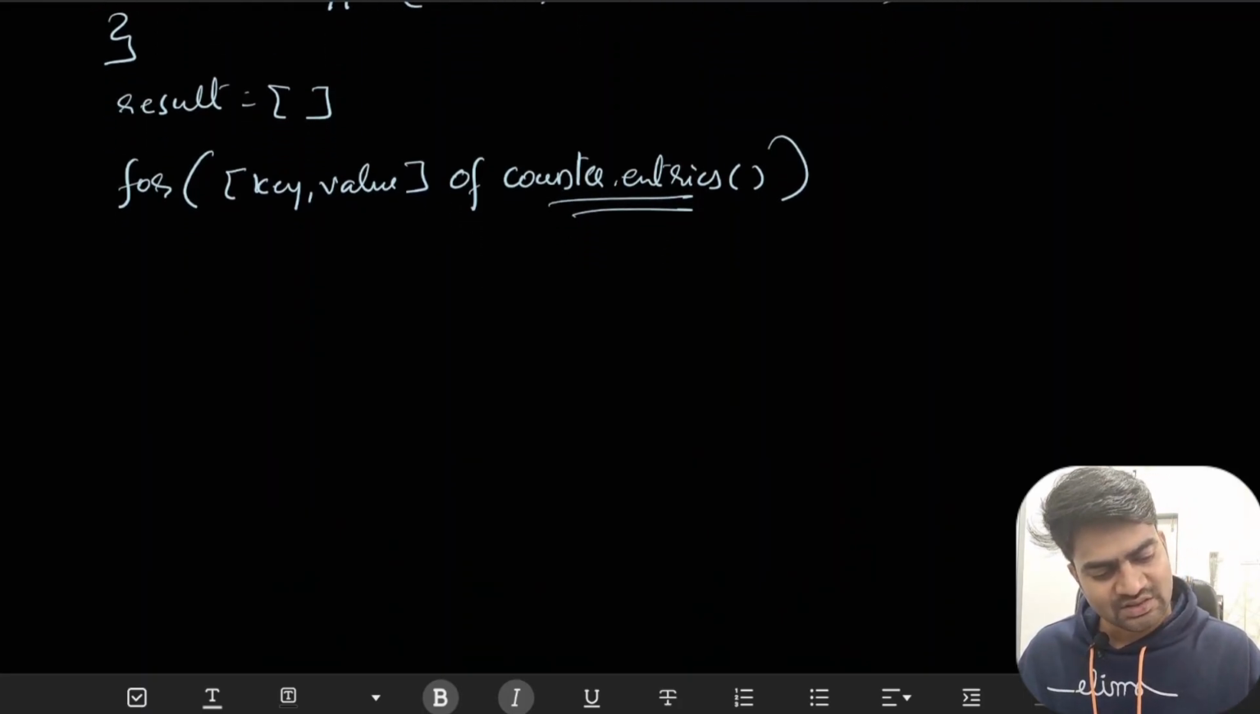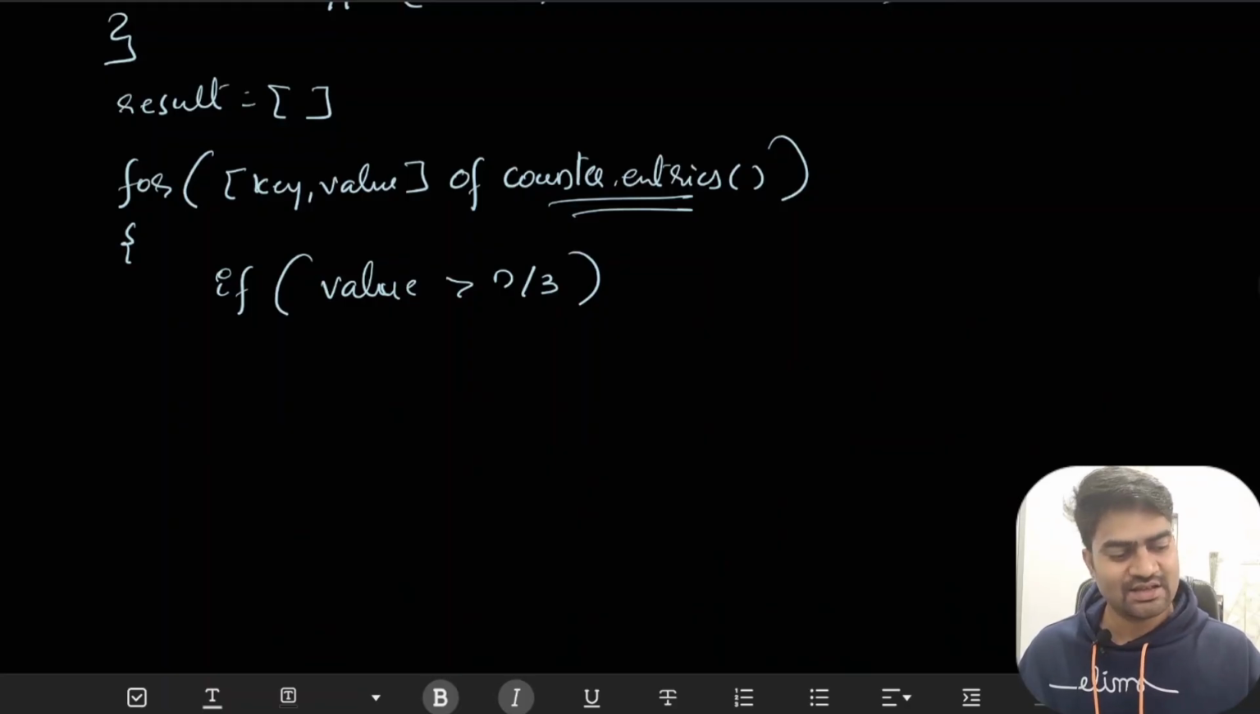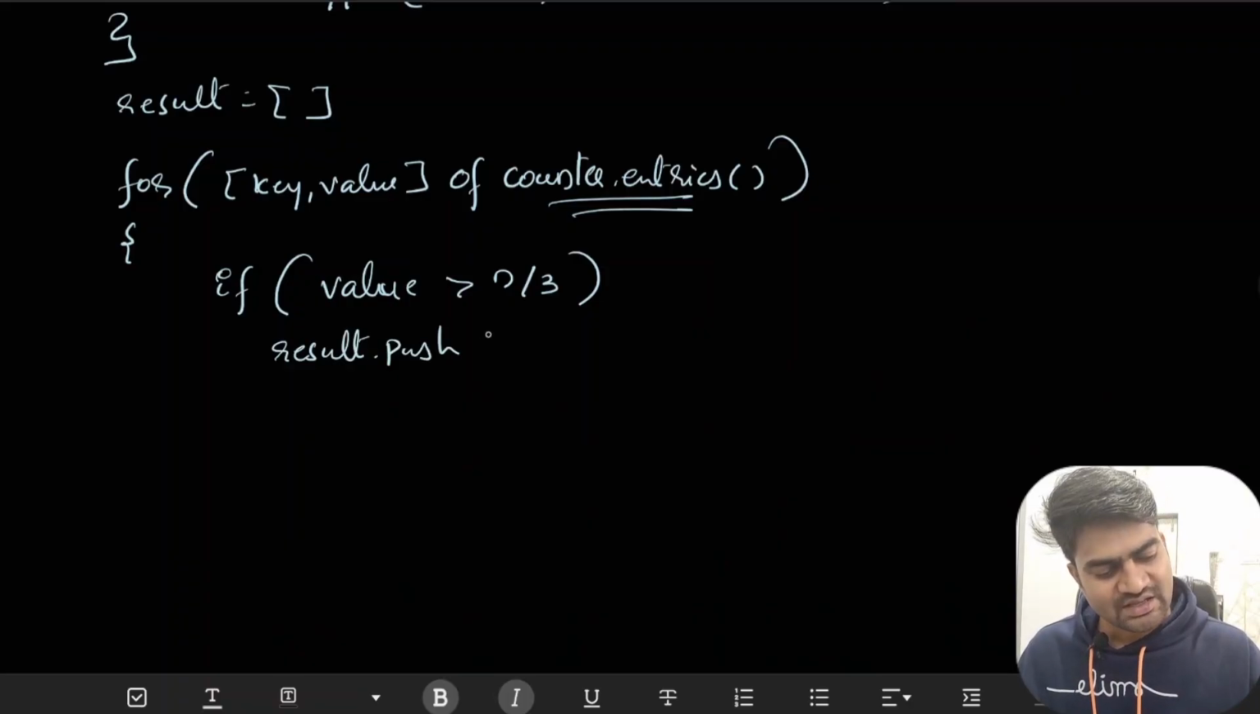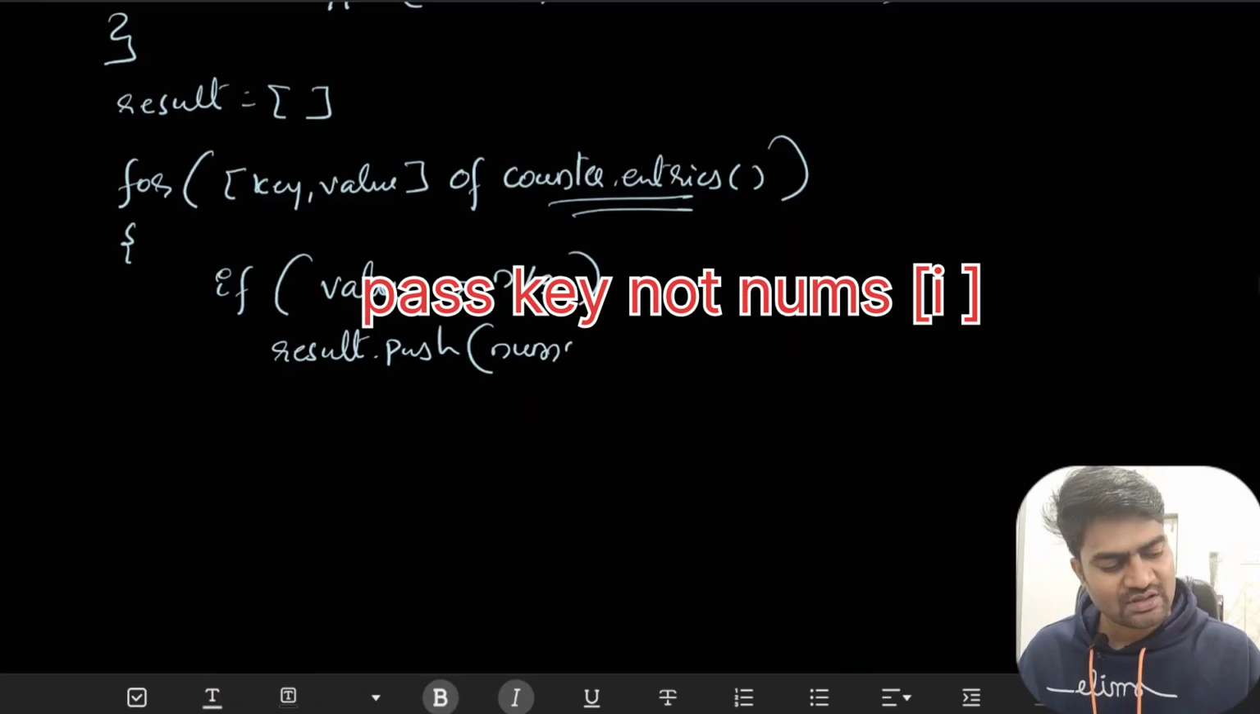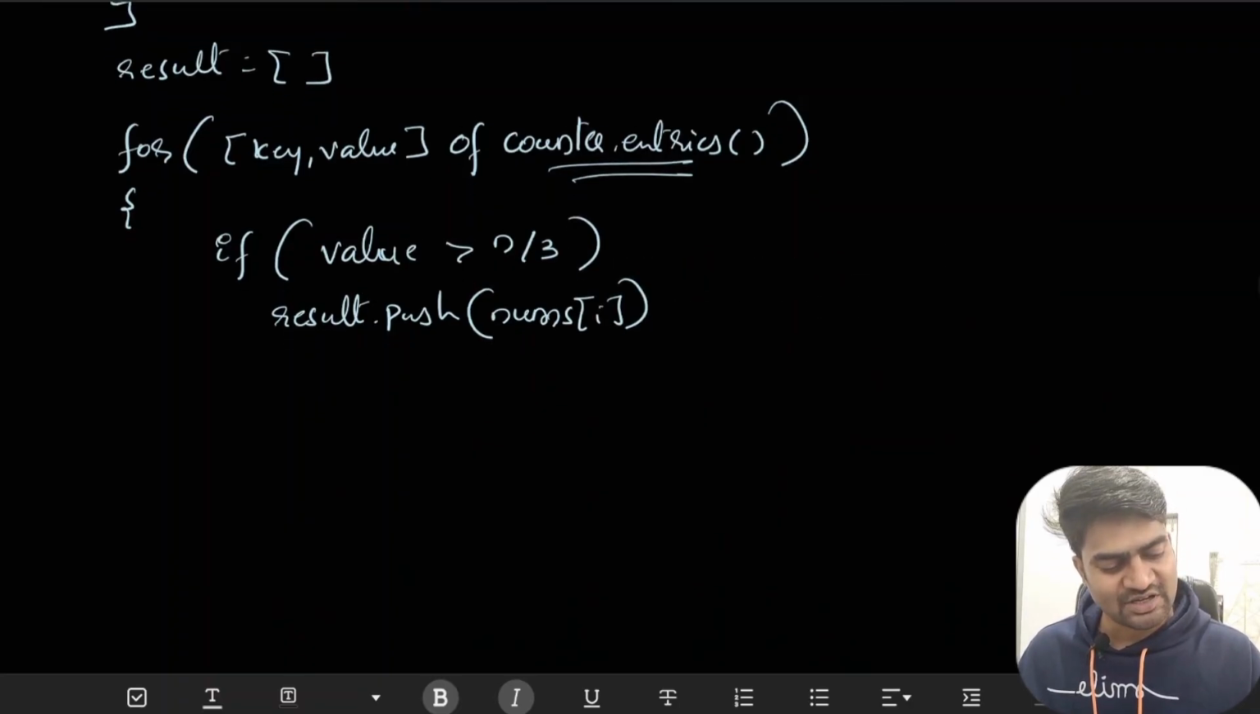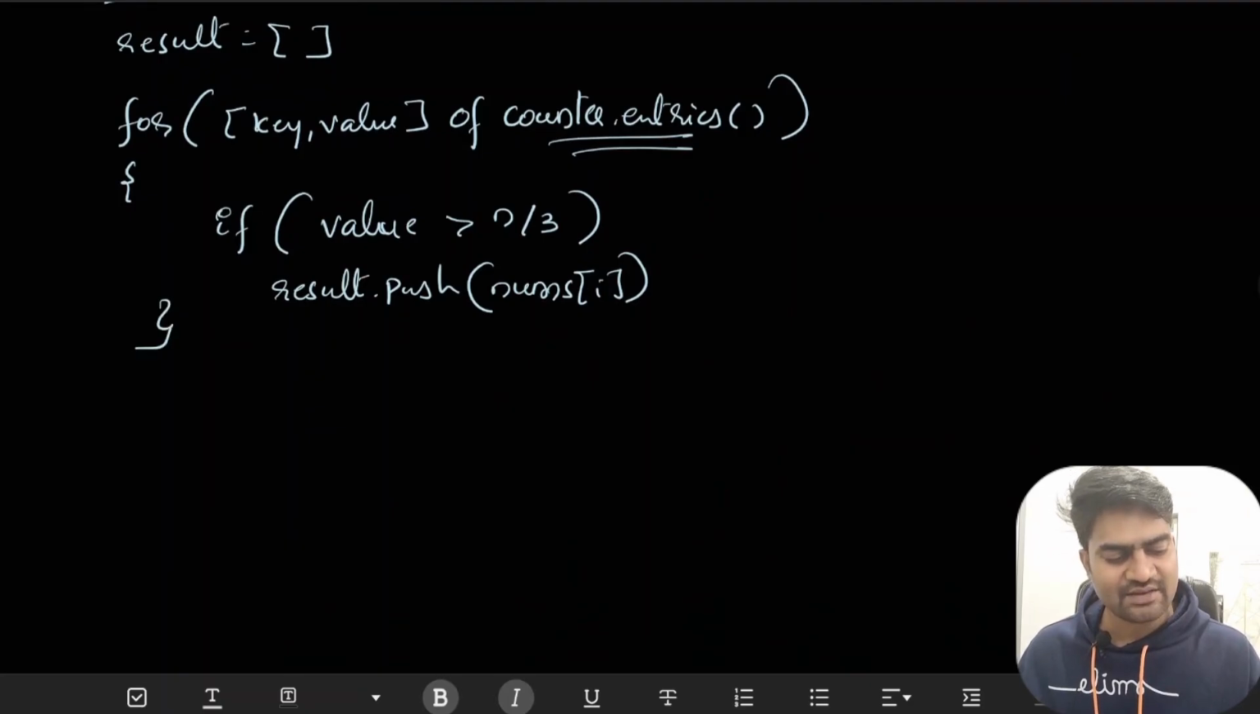Okay, so then what I will do, I will check if my value is greater than n by 3, then what I will do, I will say result dot push, or something like result of index plus plus nums of i. Okay, so this way it will add the element into the result array. So then I will close this loop. Then I will simply return my